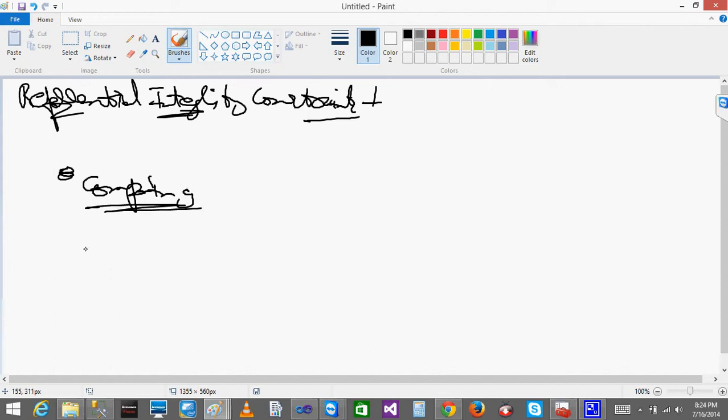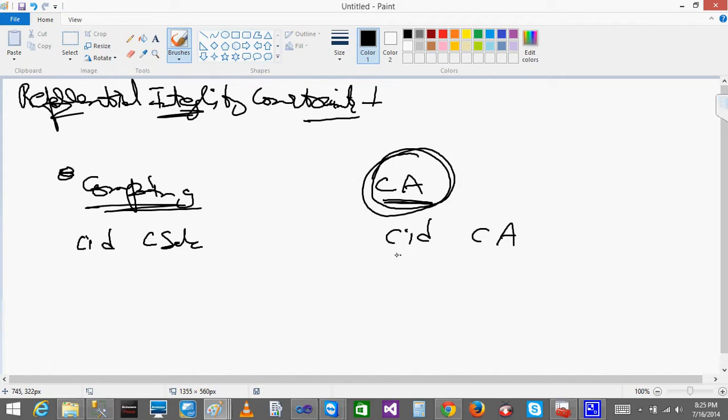This company table will have company ID and company sales. We have one more table called company address. This one will have company ID and company address. Now this is a main table. Whatever the companies are there, it will have the list of all the companies.